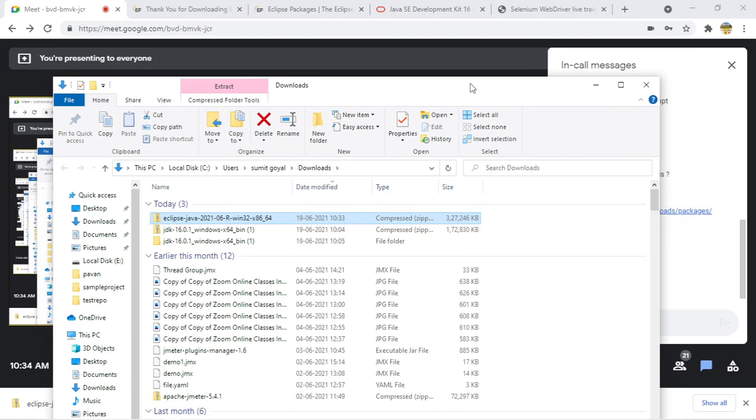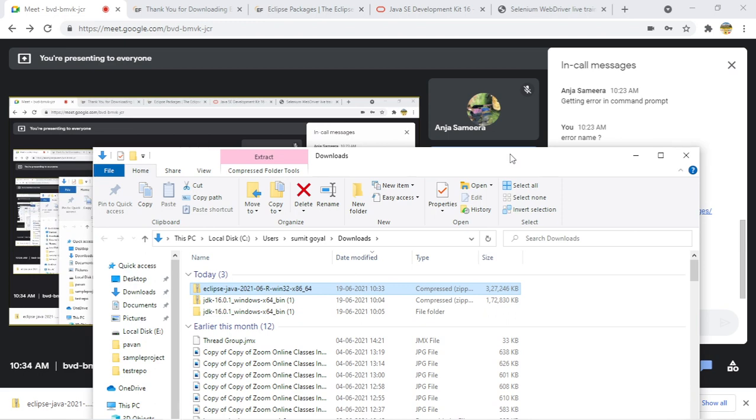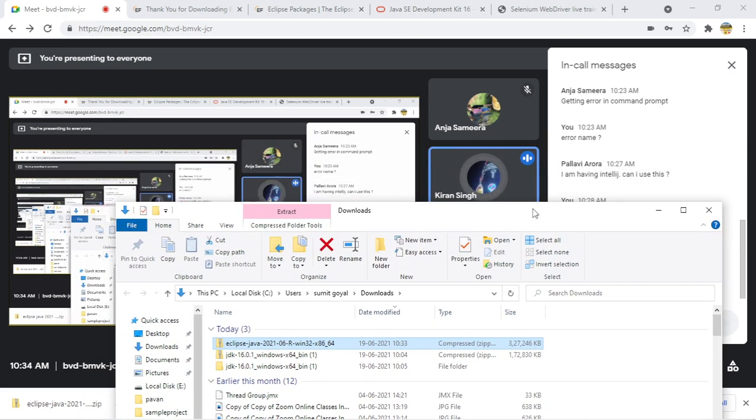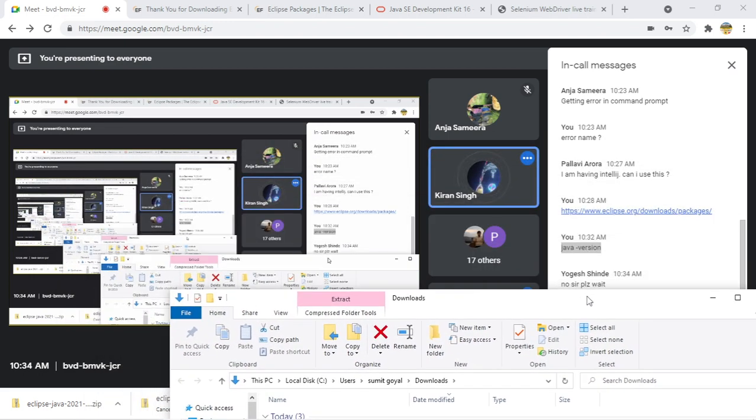Sumit, do we have extra features in IntelliJ? I want to compare Eclipse and IntelliJ. Is IntelliJ having more features than Eclipse? You cannot really compare them, they are different tools, but I think Eclipse is much better according to me.